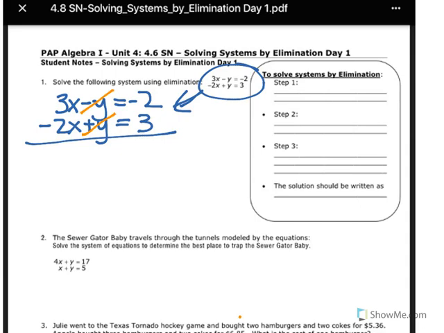So let's go ahead and do that. We're going to add the two equations. So 3x plus minus 2x is going to be 1x is left. The y's cancel out, and negative 2 plus 3 is 1. So now I know that x equals 1. So we've solved for one of the variables. Okay, now our next step